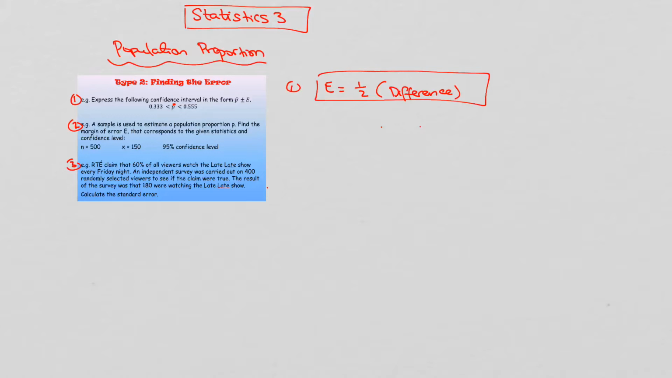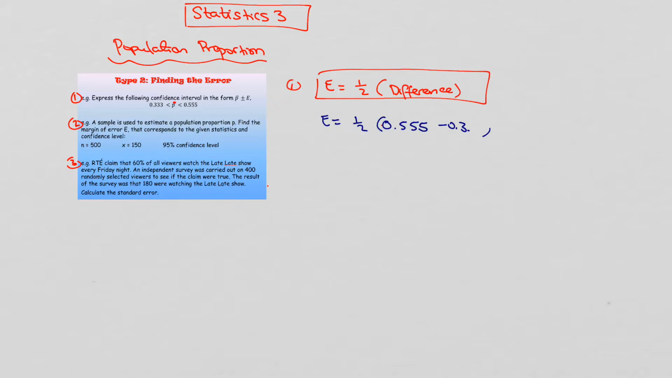So if I look here, half of the difference would be 0.555 minus 0.333. And therefore our margin of error is going to be 0.111. So if we're writing it in the form of p hat plus or minus our margin of error, well, that's going to be,